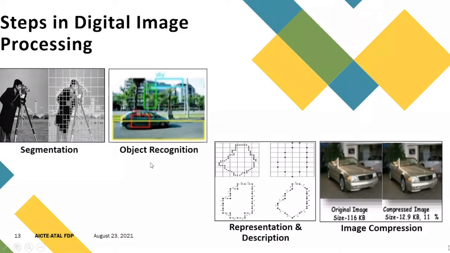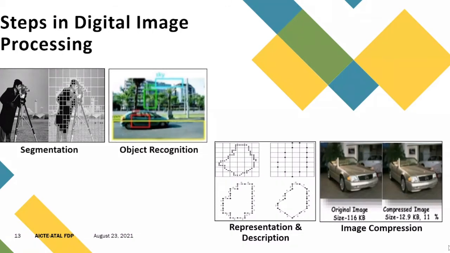Next important step is object recognition. Out of the entire image, if you would like to identify or pick any object, that can also be done in image processing. As I gave you the example of a scenery, out of that scenery, cars and flowers are not your interest, but your interest is in the ball only. So you are going to recognize and extract that ball. That is object recognition. So in image processing, the analysis gives you a huge dimension.